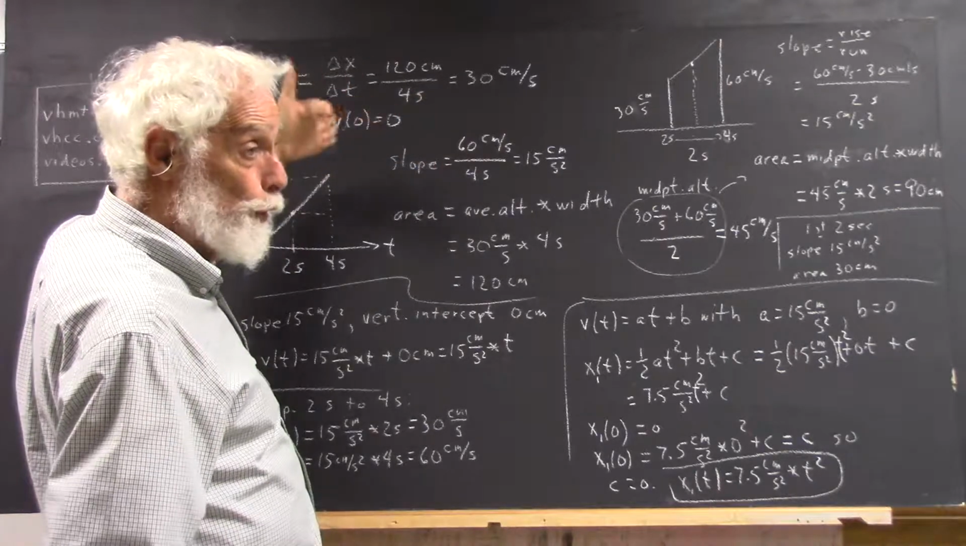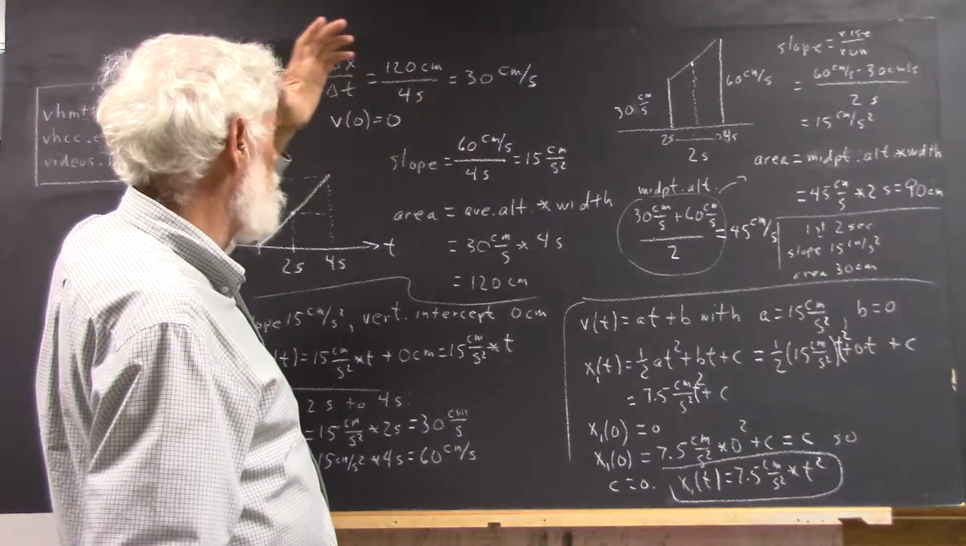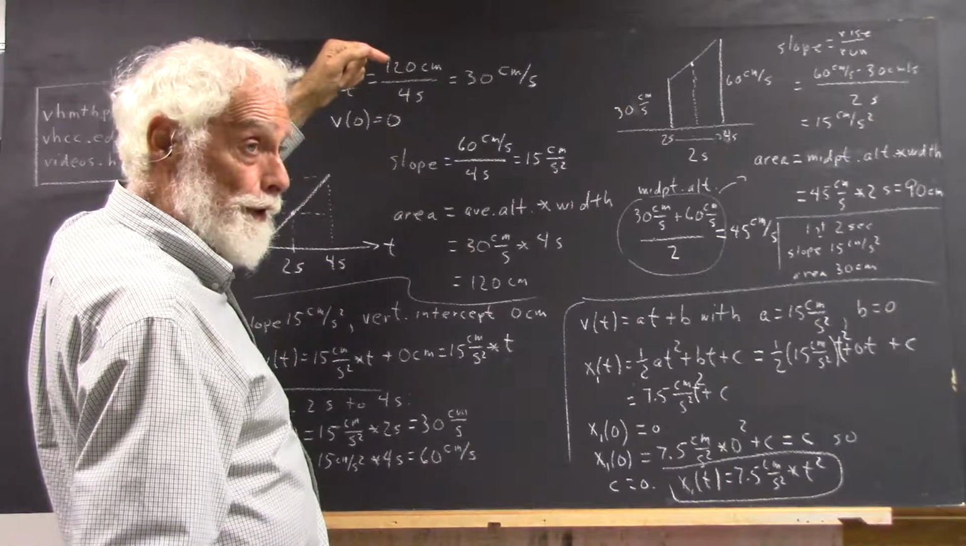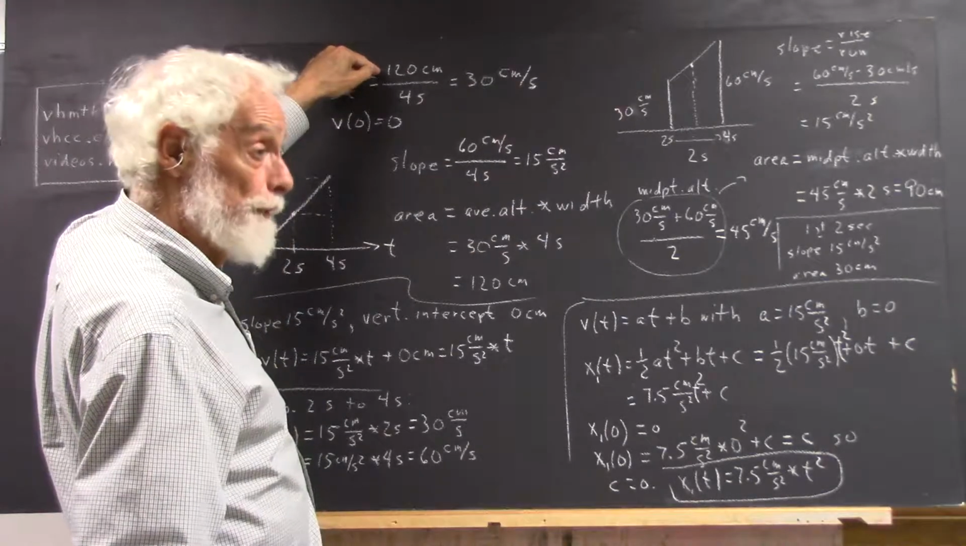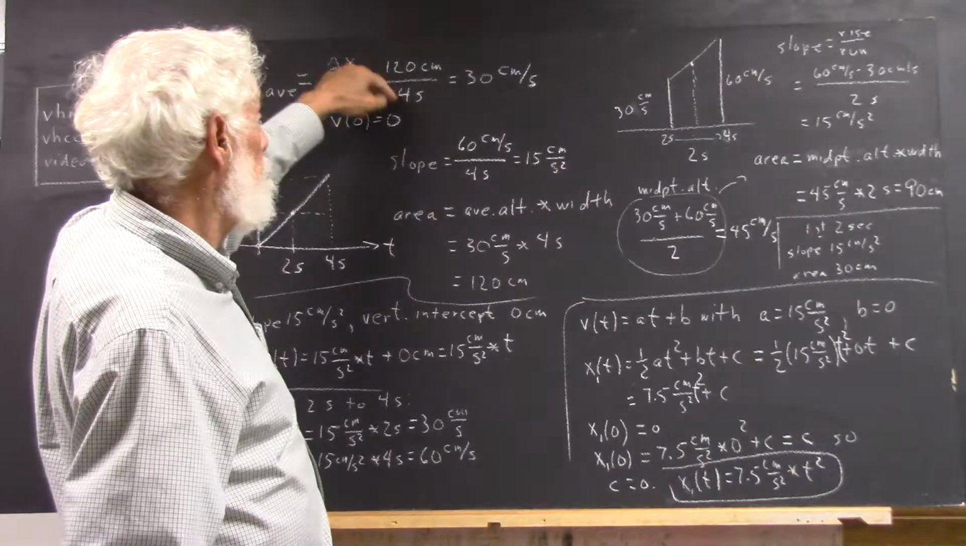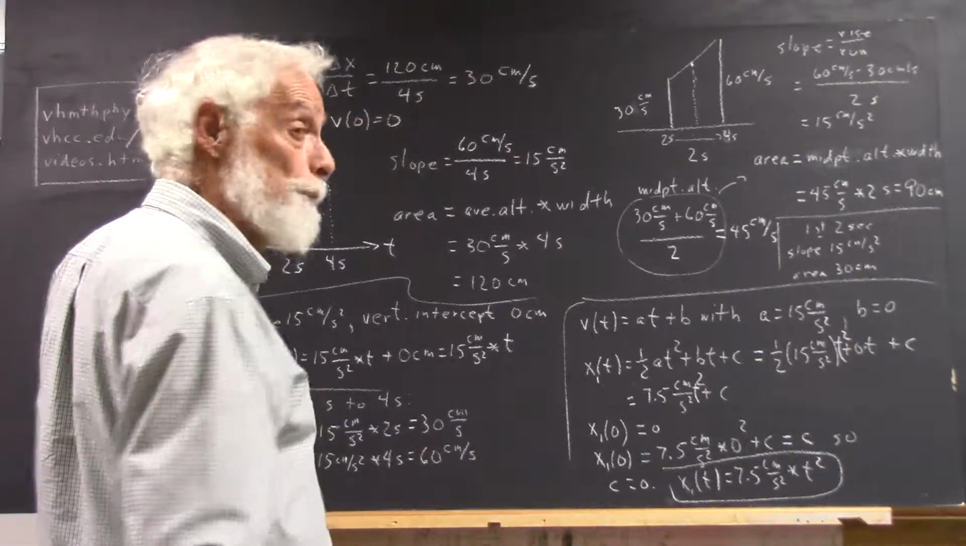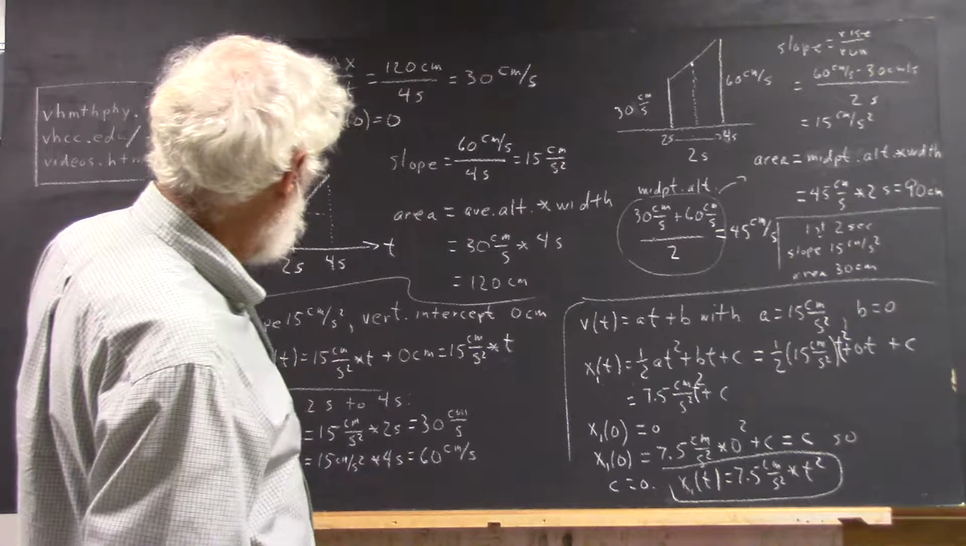It could be positive or negative depending on the situation, but we're given that in this case the ball moves in the positive direction, so the displacement is positive 120 centimeters. We do that division, we get 30 centimeters per second. We express our